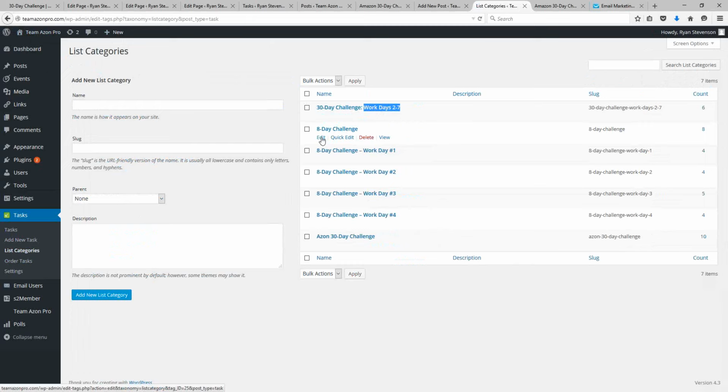Each category will have a different number. This one's 25, this one's 26, so on and so forth. So I want to find the tag ID number, and that is the number that I then need to take back. So number 31 here,